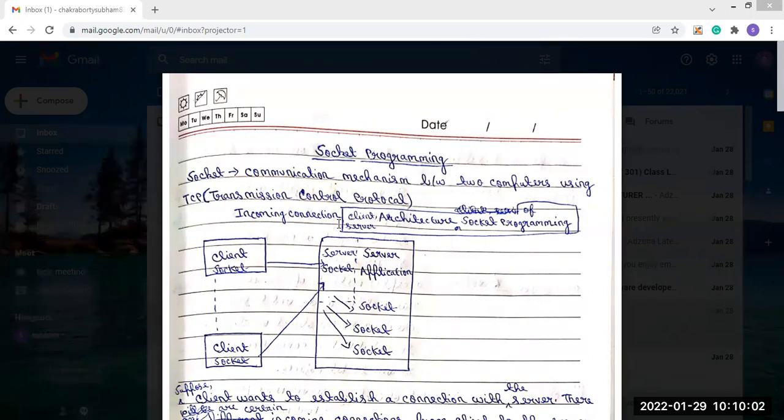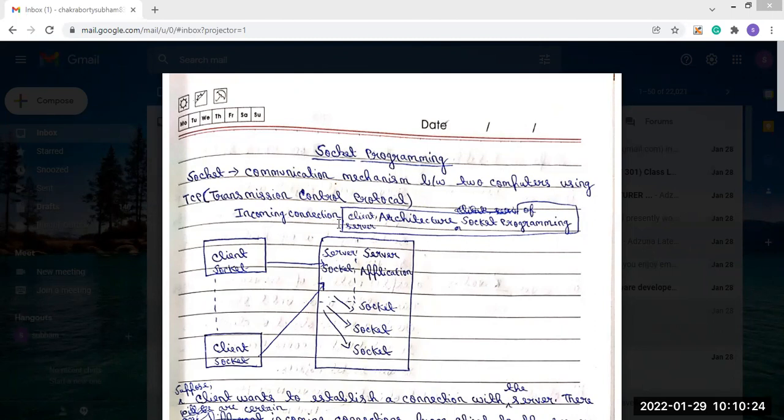We always prefer TCP because it is reliable and connection oriented, but UDP is connectionless and less reliable. So we always prefer to do the programming using TCP.